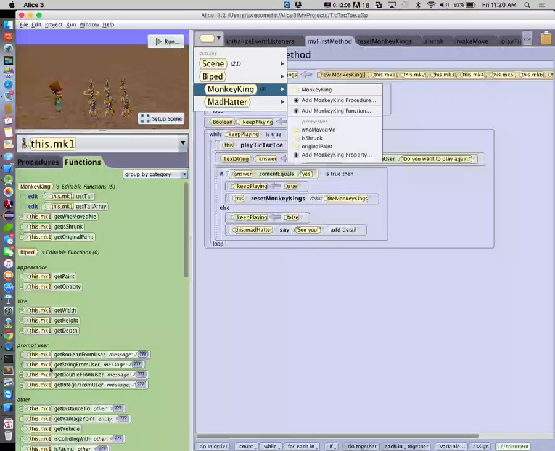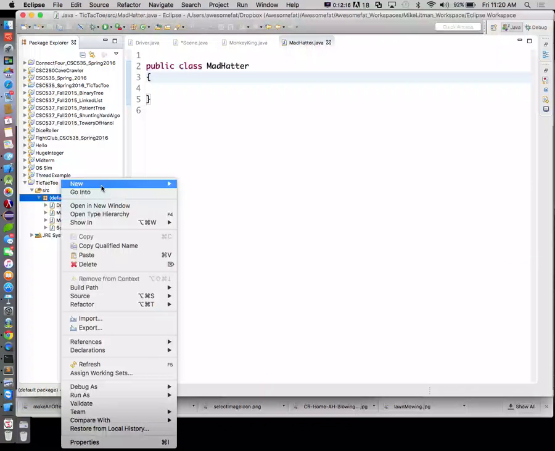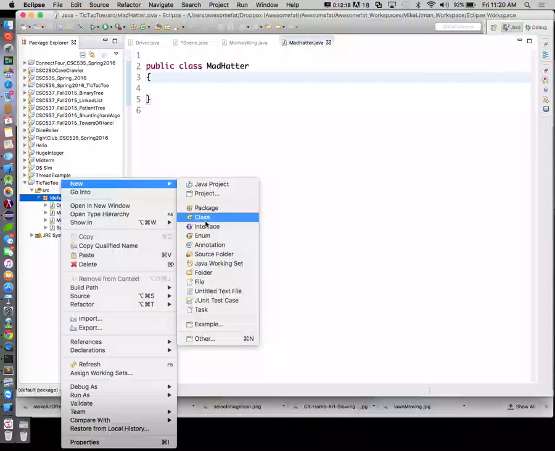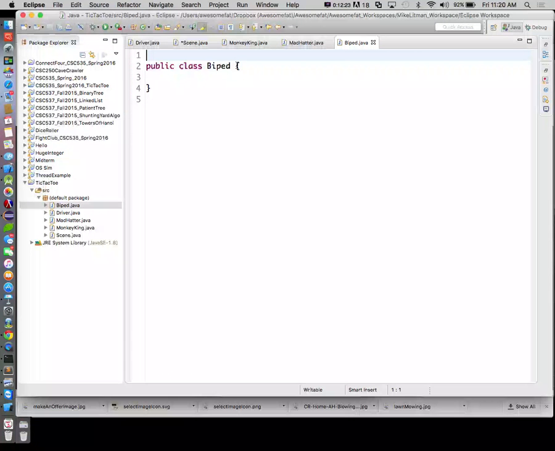That makes sense? So if we were really writing this, we'll only fill in the biped stuff that we actually use, but I'm going to go ahead and create a biped class as well. So we'll create a class called biped. And I'm not going to put anything in here yet. We'll add the couple of functions that we rely on from bipeds here in a little bit, like asking stuff from the user, that kind of stuff. We'll put it in there. But for right now, just to show the inheritance model